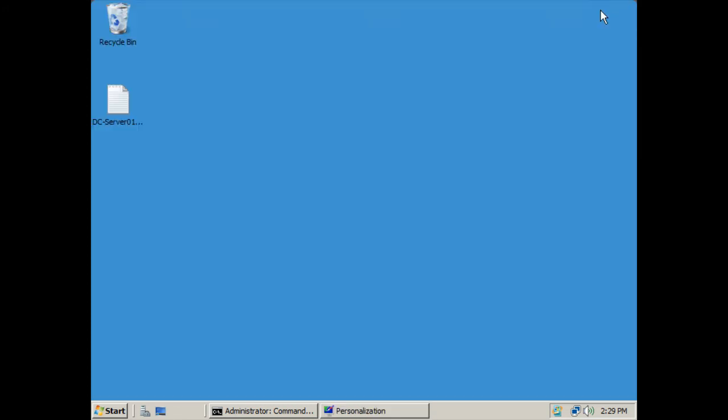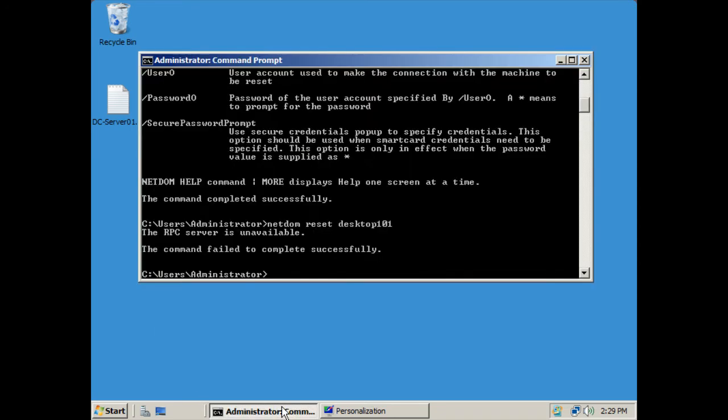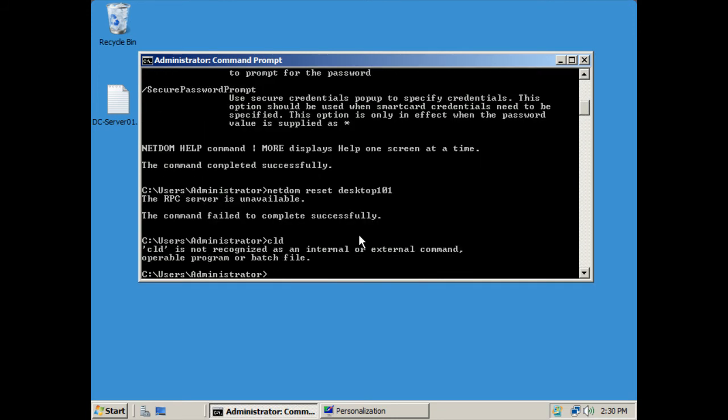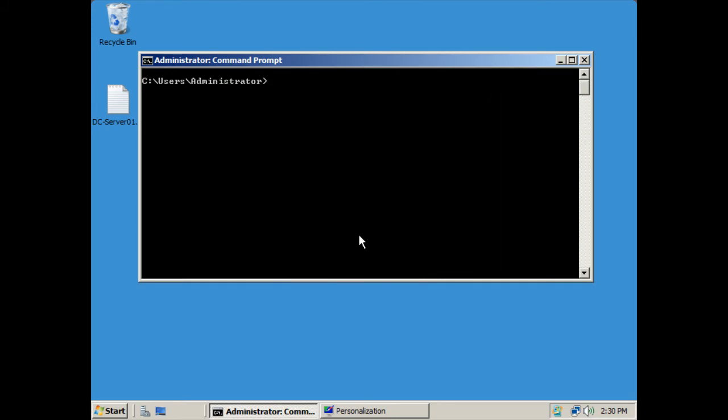All right, so let me minimize this. What was the problem there? The problem is that group policies don't take effect immediately. So now what I'm going to do is come down here to my command line, clear the screen, CLS, and we're going to try typing gpupdate, and we're going to forcibly force this thing to go,